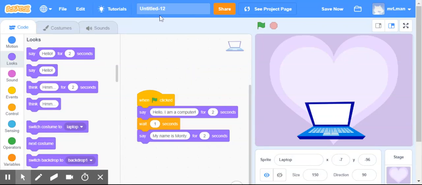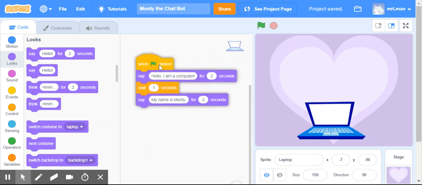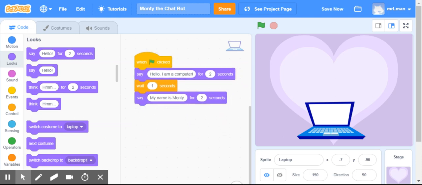So before we go any further, I think we should have a name for our project. So Monty the chatbot, and we might as well click save. And in this video, we are going to get the computer to ask us a question, or the chatbot to